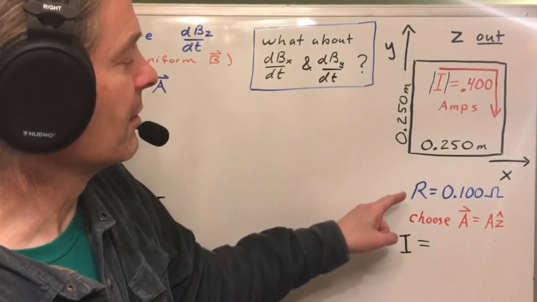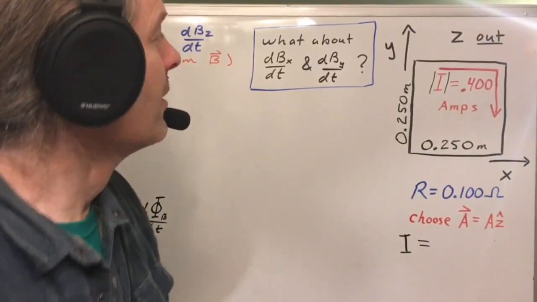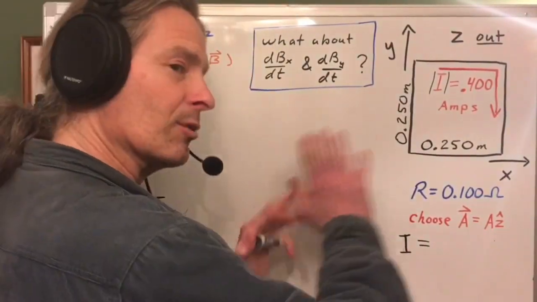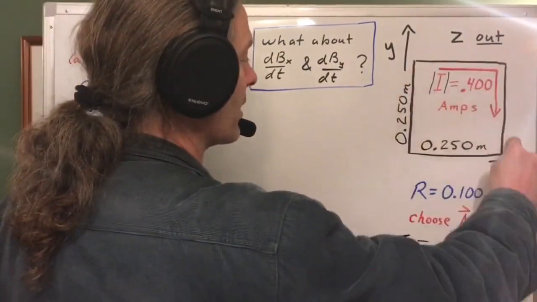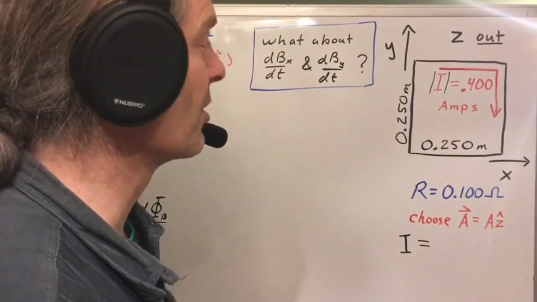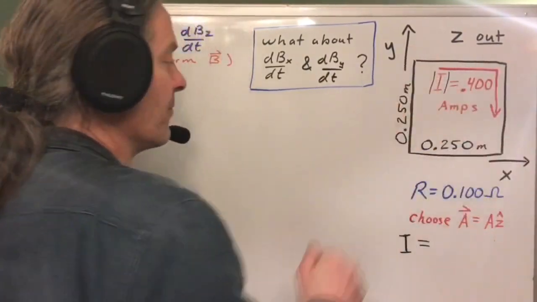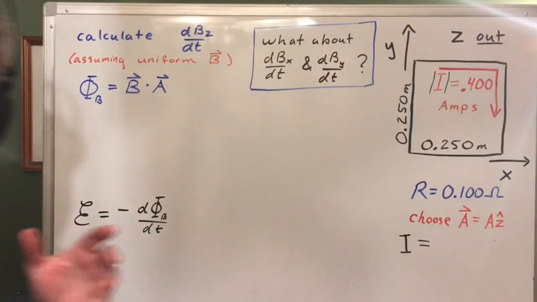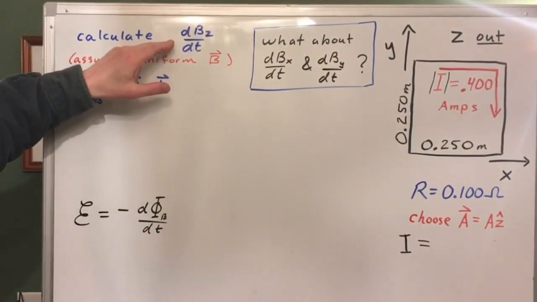Let's say that the loop has a resistance of 0.100 ohms. Let's say that the induced current produced by the changing magnetic field, whatever that changing magnetic field may be, is going this way around the loop in the XY plane and has an amount of 0.400 amps. So the current has an amount, 0.400 amps, and is going this way. And so from this information, our task is to try and figure out the rate of change of the magnetic field. And the way I've expressed this, I've asked us to calculate the rate of change of the Z component